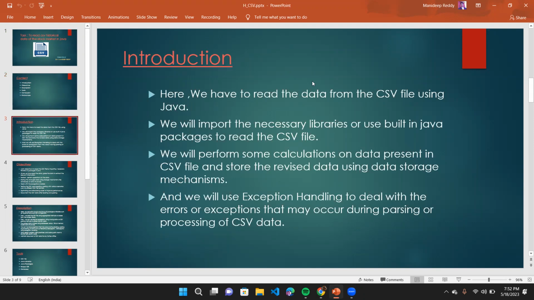Here we have to read the data from the CSV file using Java. Use built-in Java packages to read the CSV file. We will perform some calculations on data present in the CSV file and store the revised data using data storage mechanisms. And we will use exception handling to deal with the errors or exceptions that may occur during parsing or